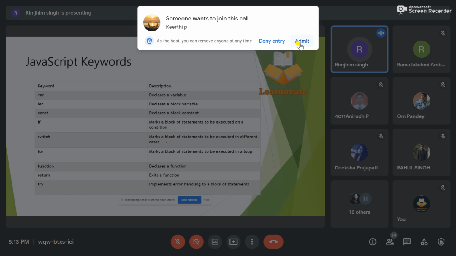And if I want to mark a block of statements to be executed in different cases, I'll be using switch. And if I want to execute a loop of statements, I'll be using for. Okay. And then similarly we have functions, the function keyword, try, return, and all those things.